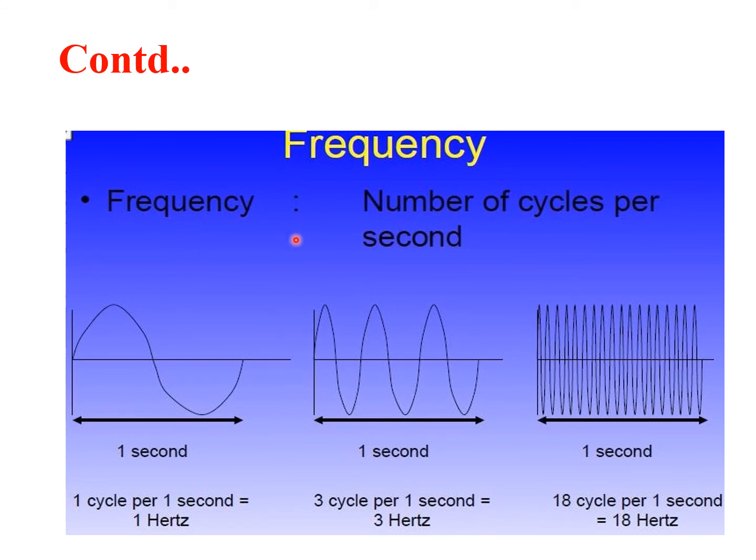Now, to give you an idea of frequency, you define it as the number of cycles per second, shown in a graph here. This is one cycle. The peak starts from the origin, completes half a cycle, then completes one. So one cycle is completed in 1 second. This represents 1 hertz. Now here, as you can see, in 1 second it completes how many cycles? 1, 2, 3. So 3 cycles are completed in 1 second, which represents 3 hertz. Similarly, in the third figure, it completes 18 cycles in a single second, so it becomes 18 hertz. This is the concept of frequency.